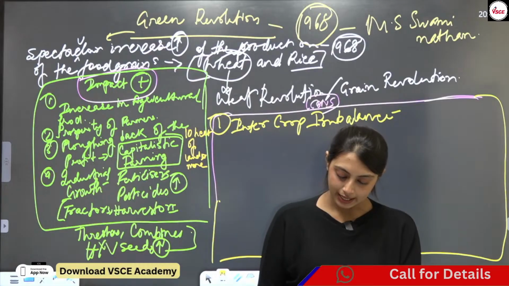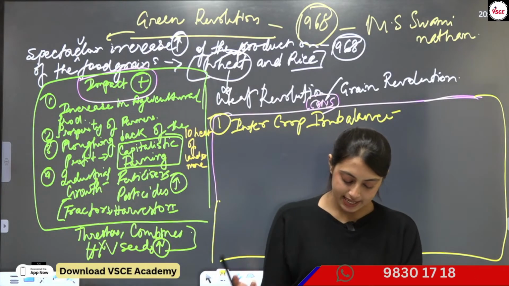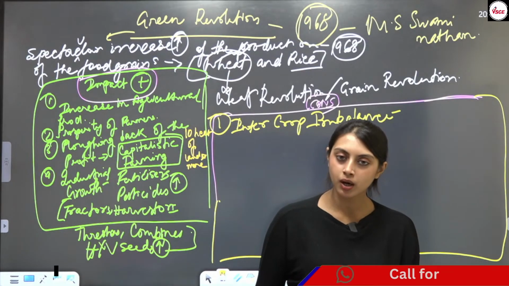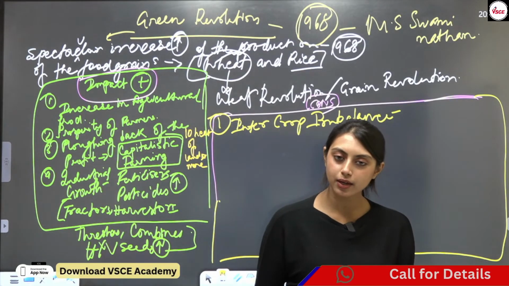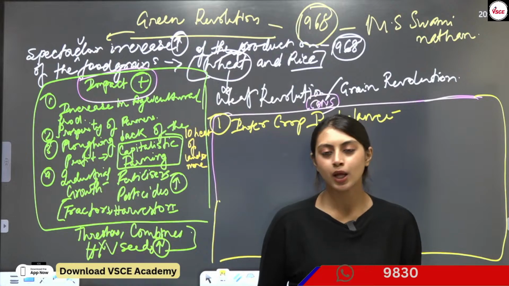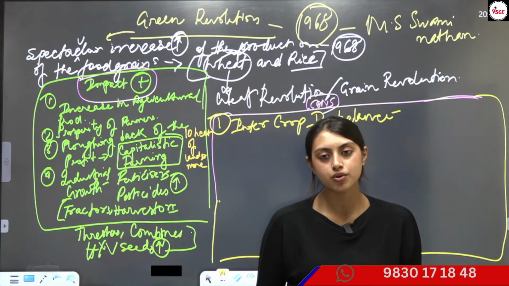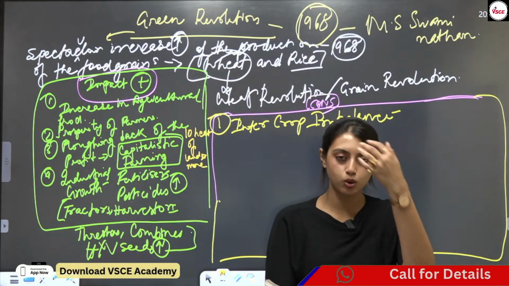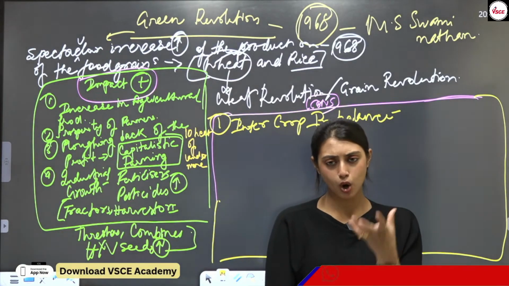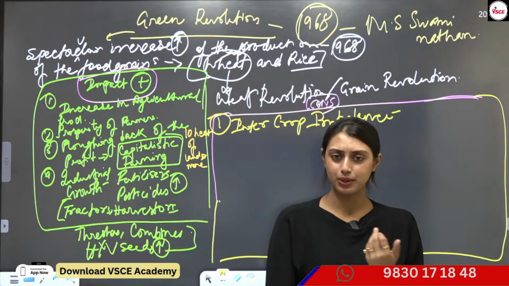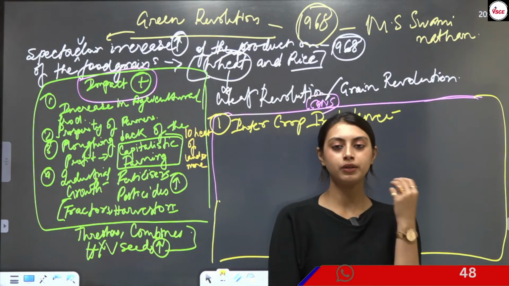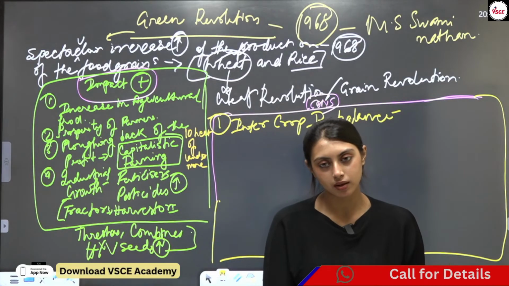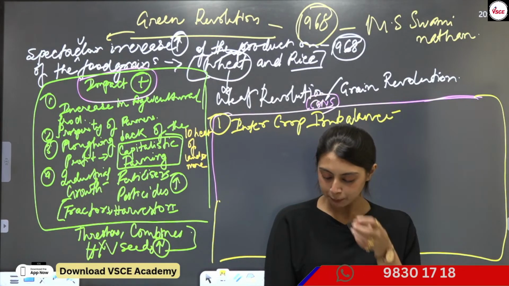So it has oil seeds, cereals, pulses. It's becoming highly economical for the farmers to invest in crops like wheat and rice because of the green revolution and its impact, and therefore the production of crops like cereals and pulses is actually decreasing, right? We need all of the nutrients. We cannot just sustain with rice and wheat. What are we going to have it with? You have to also think about that.